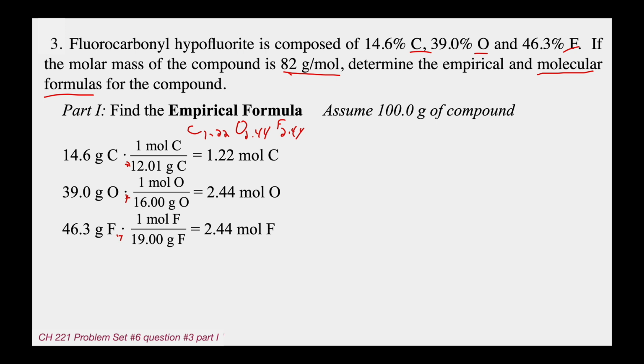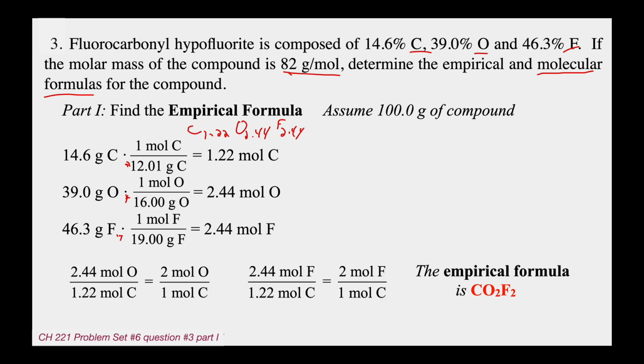is 1.22. 1.22 divided by itself is 1. 2.44 divided by 1.22 is 2. So you have 1 C, 2 O's, 2 F's, empirical formula CO2F2. That's the empirical smallest whole number ratio of atoms. You're good to go. So this is the first step, but to get to the molecular formula now, we're going